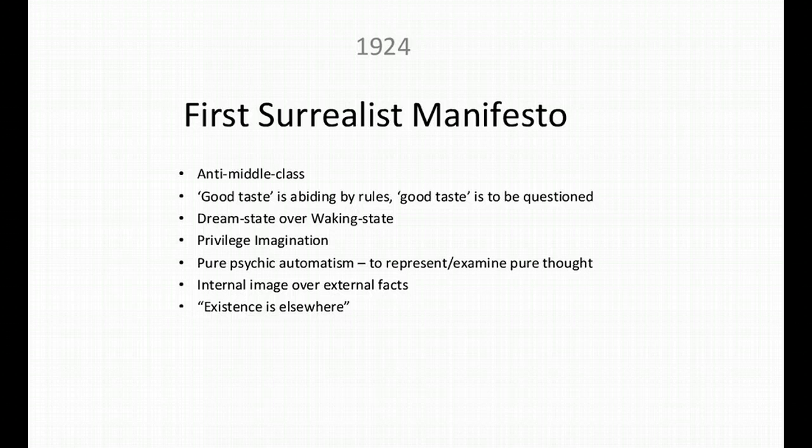I'm not having you read these manifestos because they take a lot of unpacking, and you're not going to gain that much from looking at the original source material. That said, if you do want to see them, they are very easily found on the internet, so don't be bashful with looking at that stuff.